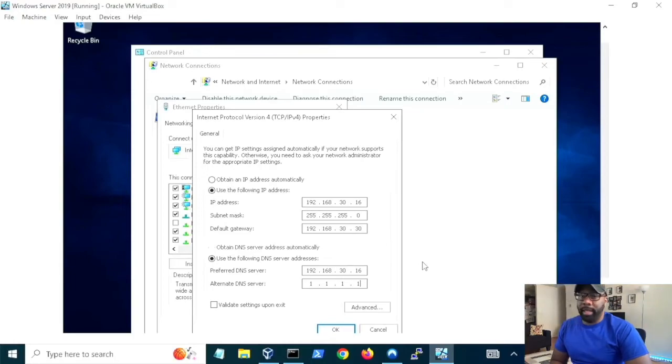Ideally, I know for myself, I like private DNS servers so that my ISP doesn't sell my searches. Say I look up a lot of computer and tech stuff. I don't want them selling my information to some advertising company, and then next thing you know, I'm getting all these ads on my computer. No, I don't want none of that. DNS does a lot of different things too that we're not even going to get into, but that's the